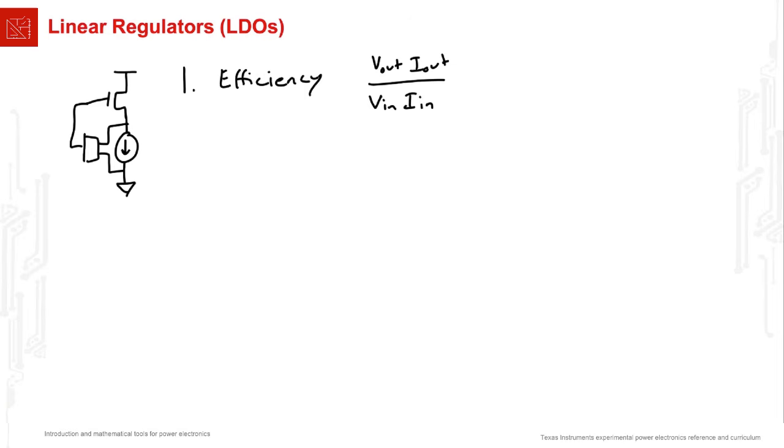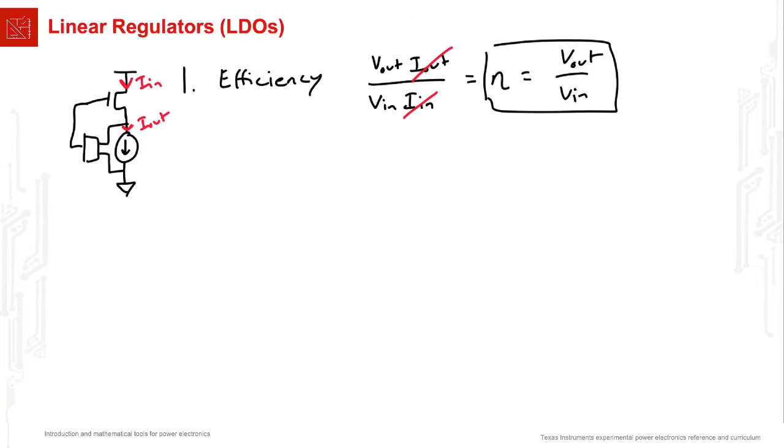And hopefully we can see that the input current, I in, and the output current, the current going to the load, I out, are in fact the same. So I in and I out are the same as each other, and so efficiency is just equal to the output voltage over the input voltage. And these numbers aren't numbers you get to choose, right? You have a certain input voltage available, you must deliver a certain output voltage based on the load requirements, and so this is absolutely fixed.